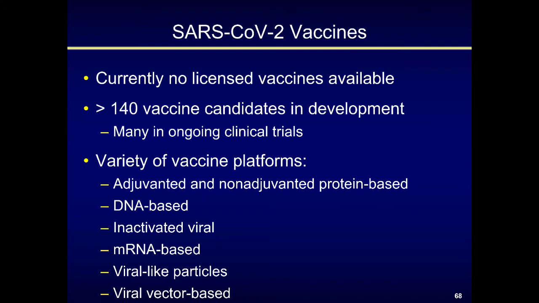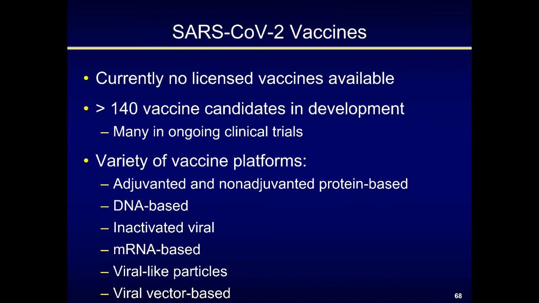There are a variety of vaccine platforms, and some of them are really based on platforms that are entirely new that we really don't have any other examples of in current use. So certainly we have adjuvanted and non-adjuvanted protein-based vaccines and inactivated viral vaccines, but some of the others are not